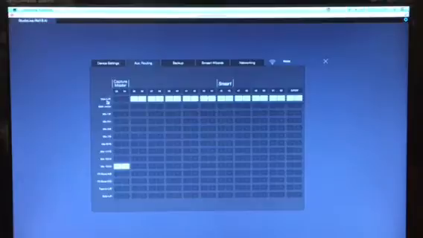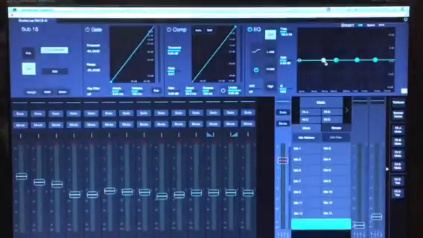So all we're going to do here is basically change outputs 33 and 34. I think it'll default to the main mix left right. I want to put that on mix 15 and 16, which now is my subgroup. Okay, so after we're done with that, we just close out of this, and we're going to go ahead and